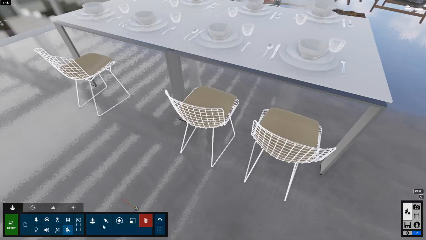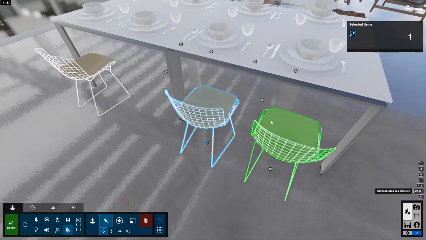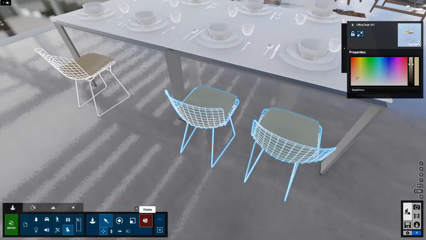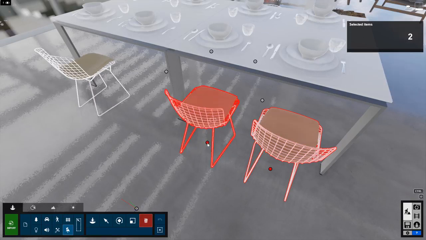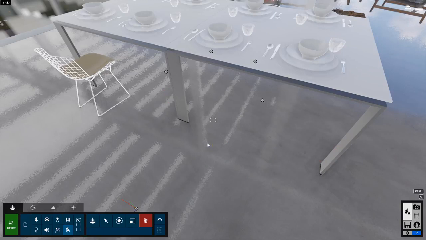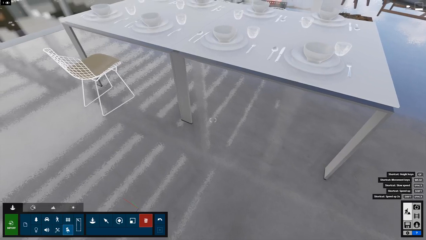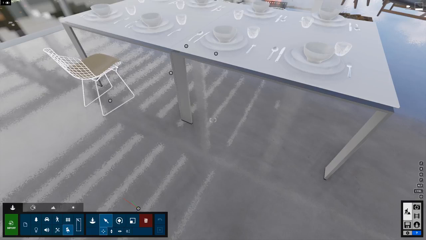If I want to make multiple selections, I can do that. I can click on several, remember hold Control, and then move over to the Delete tool, and then click on one node, and that will delete both of those chairs. All right, so that's how we delete objects. Now, remember, the Select tool, this is really your Move tool as well. I'm going to hit M. When I click the M key, this bounces me over to the Select tool, which is in turn my Move tool. So let's take a look at moving this chair.